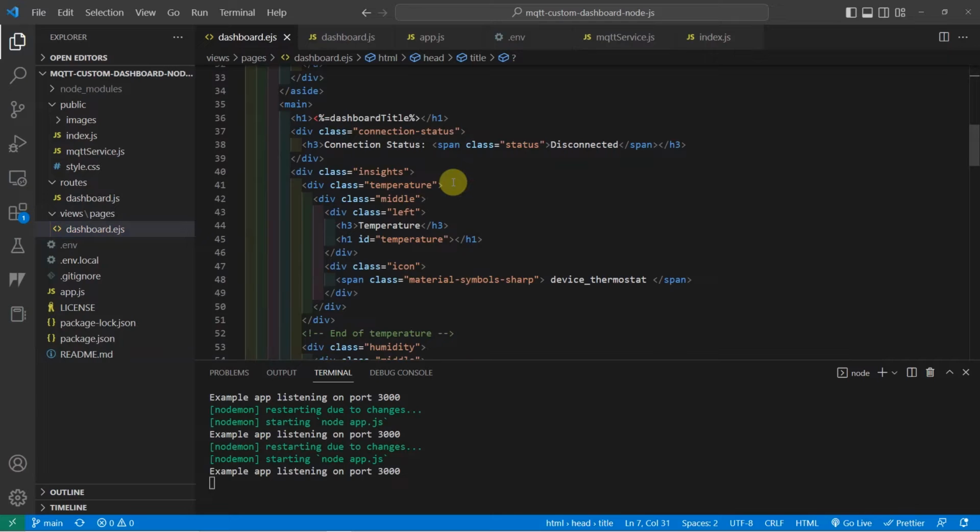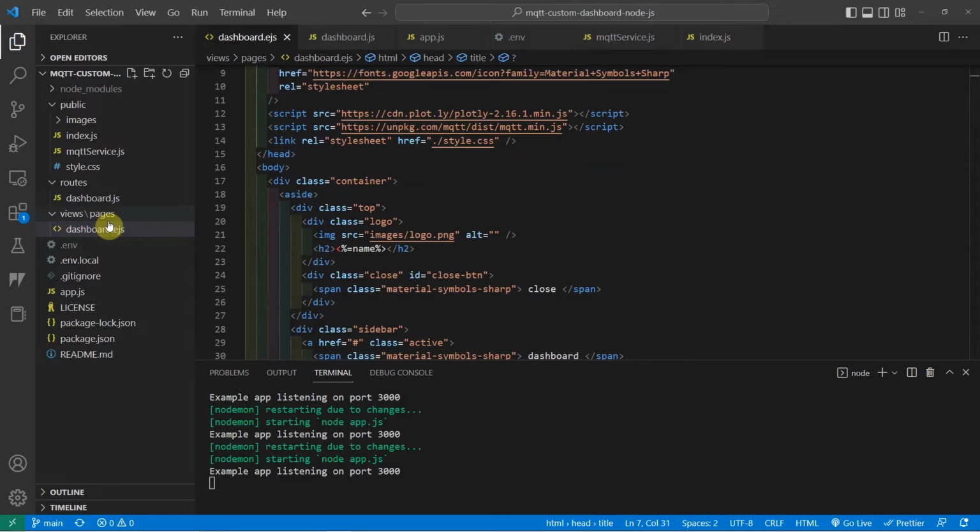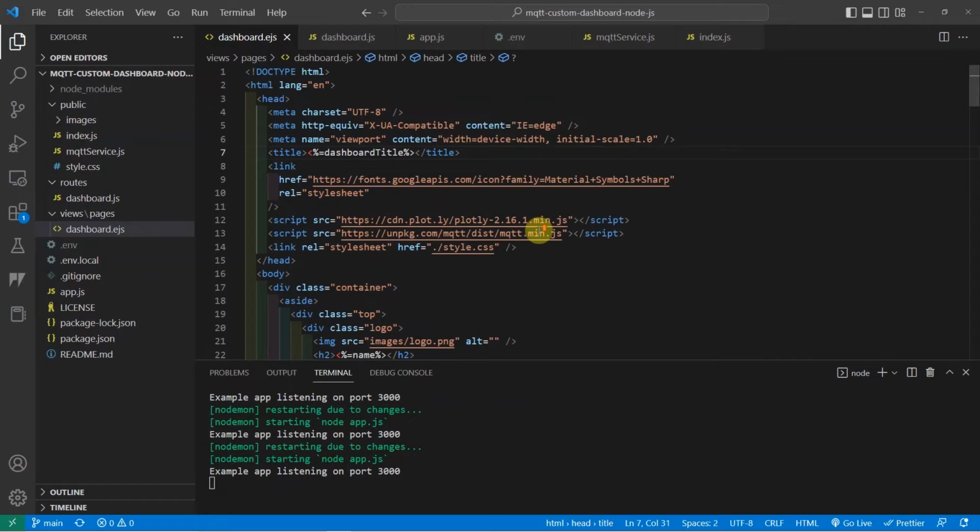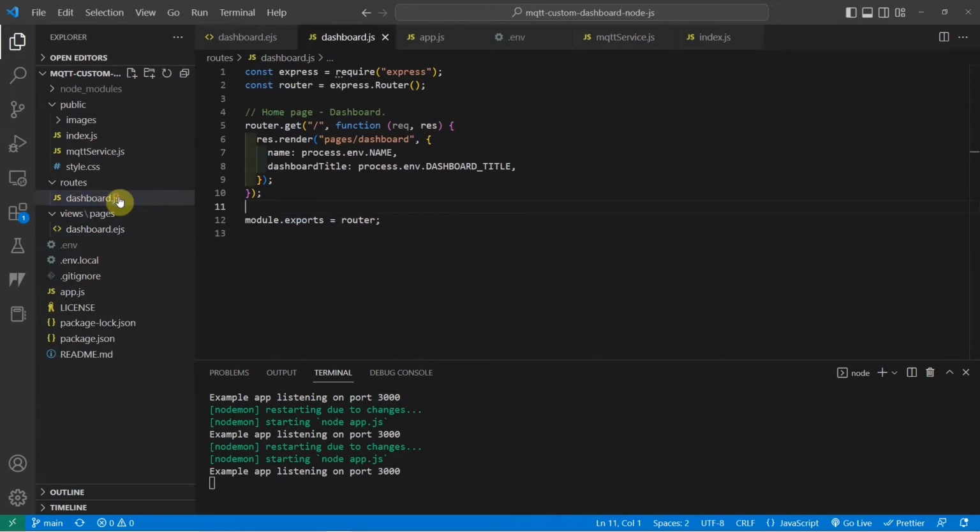You can see this in the views pages directory, and I am using an EJS to display the template file. So this is a sample of the variables that gets replaced at runtime. This page is served by my dashboard.js routes, which only has one route that renders my dashboard page and then just passes some information, like the name or the dashboard title, that will be resolved by my dashboard.ejs file.